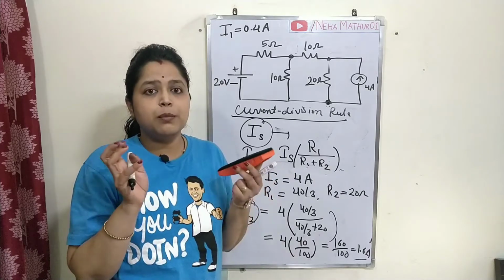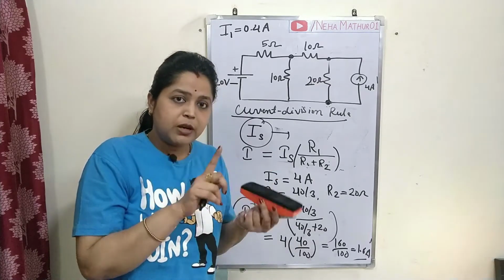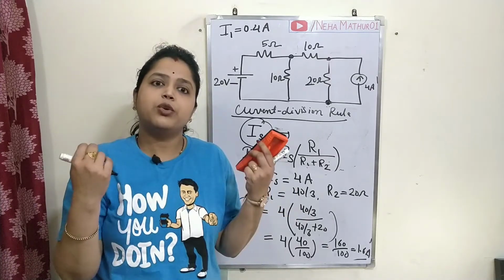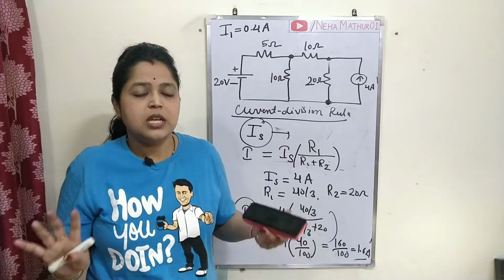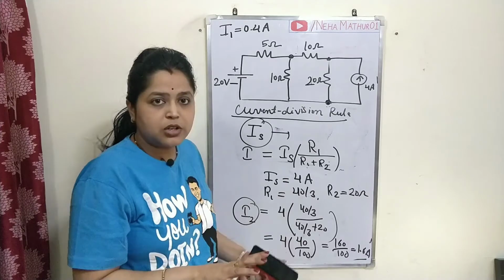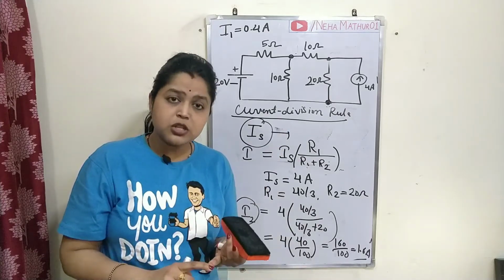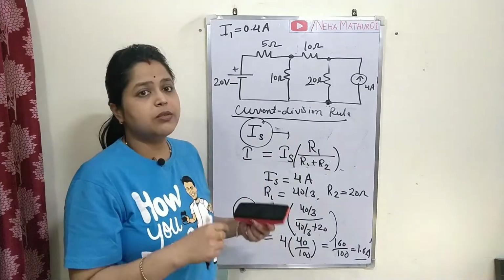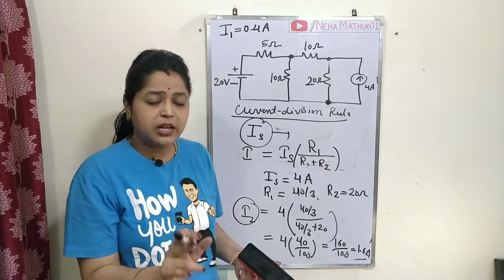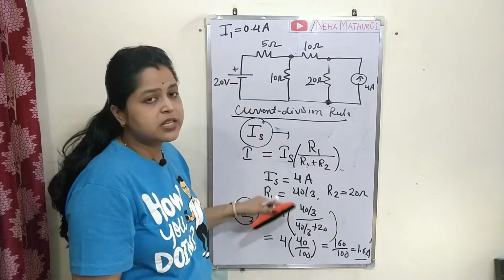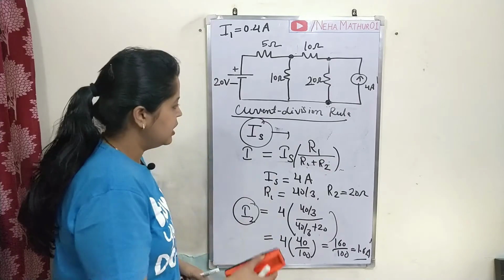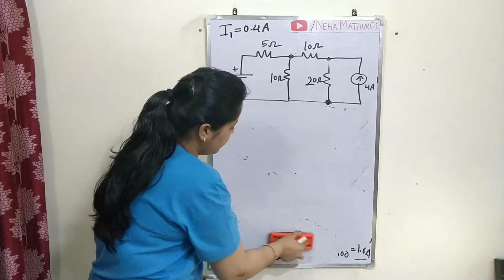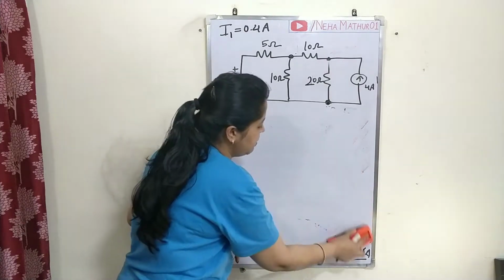So you will have to make dominant, one by one, all your independent energy sources at a time, and eliminate the remaining independent sources, so that you can calculate the response across any of the branches, and that response may be in the form of current or in the form of voltage. Here in this question you want to find your response in the form of current. That's why I am calculating the current across this 20 ohm resistance. Fine. So now your second step is also completed. Only 2 steps are needed here because you have only 2 independent sources.